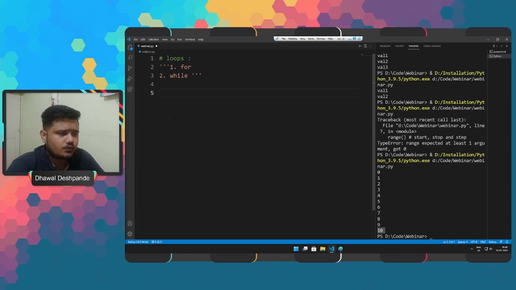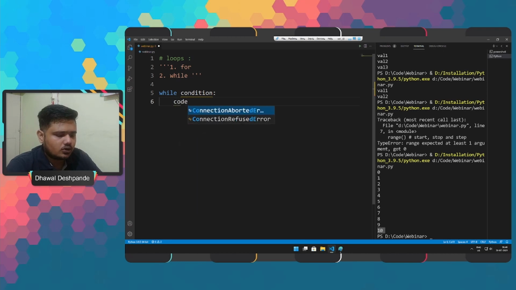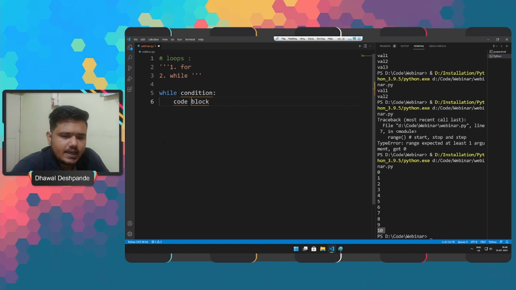For the while loop, we use the keyword while, then here is the condition, then here is the code block. Until and unless the condition is true, the while loop will run. As soon as the condition becomes false, the while loop will stop working.